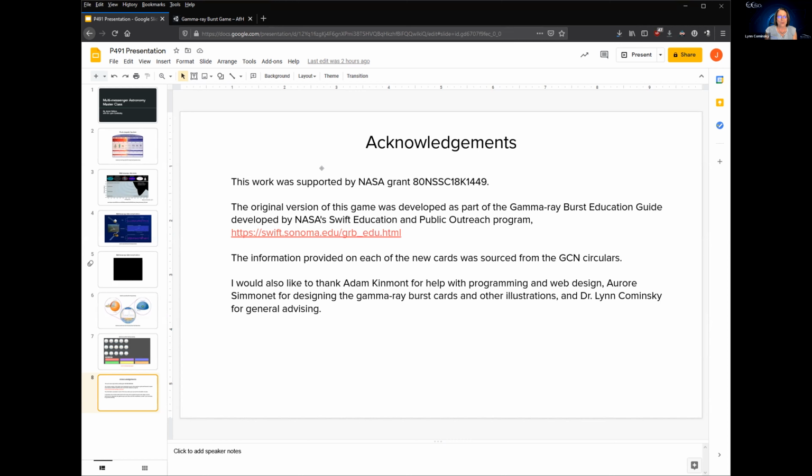But I am working with another student, actually not a Sonoma State student at this time, but certainly a Sonoma State student could get involved in the day 2 activities from the gamma ray point of view. So that's our next piece of this to work on here at Sonoma State.